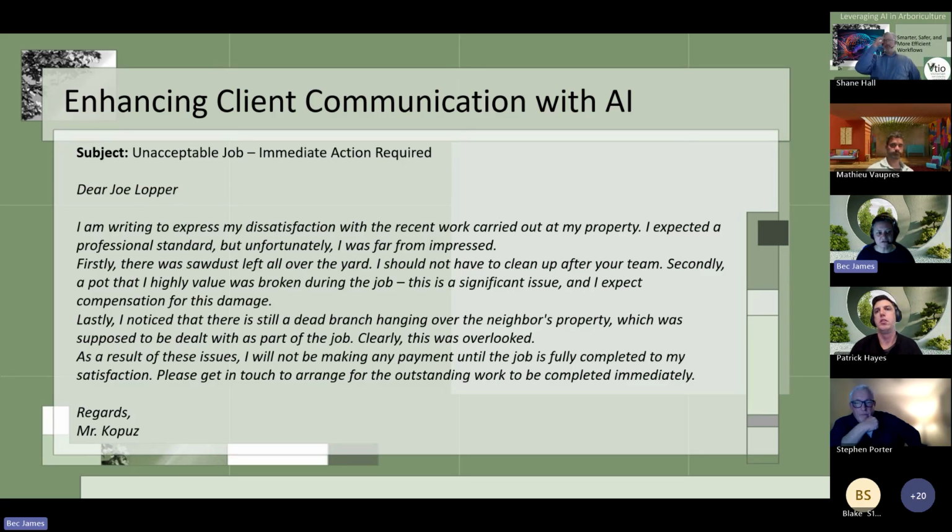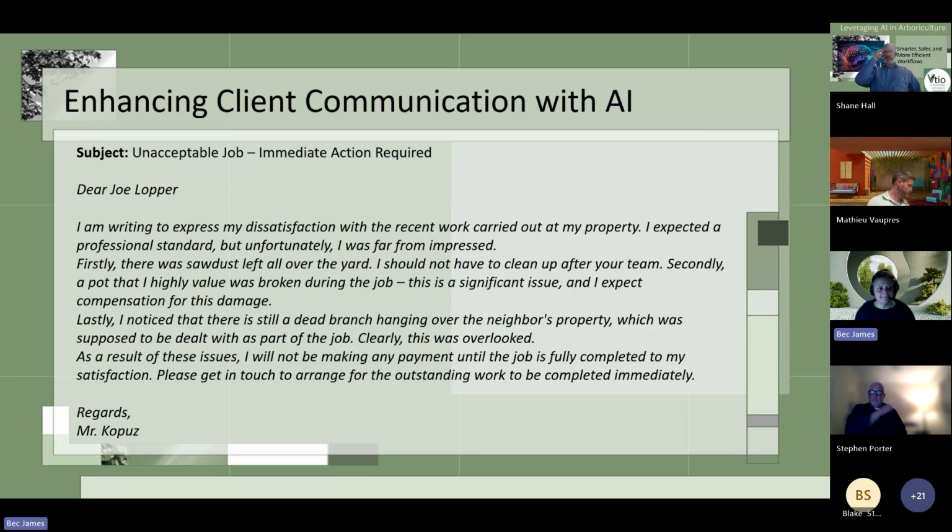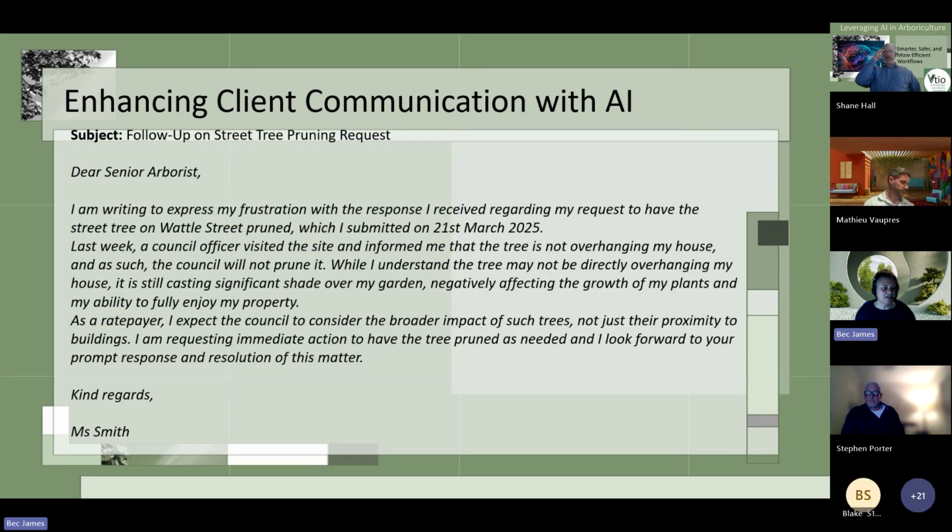these kind of emails. Got another one here for those people that work in council. You know, you didn't deal with the tree on my property, and as a ratepayer, I expect better.